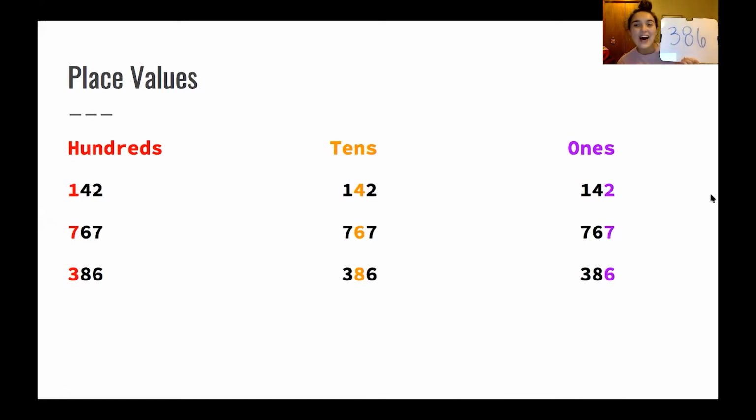Awesome job, you guys. 8 groups of 10. Now, how many ones do we have left? 6. Perfect. So this number as a whole is 386. And the cool thing about this is when we look at that,